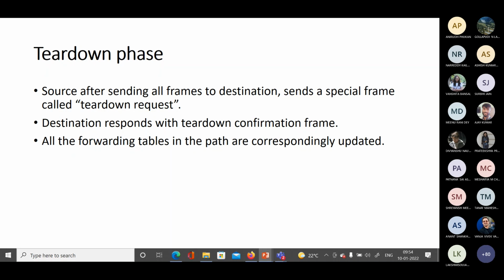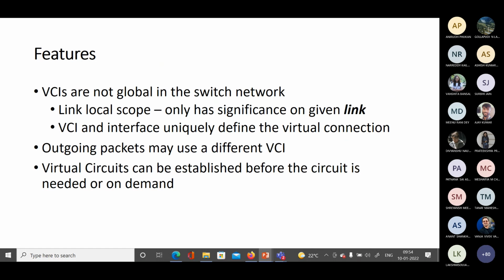Once this request frame is received at the destination side, the destination will respond with a tear down confirmation frame, and accordingly all the forwarding tables will be updated, since this tear down has happened and we need not have this information anymore.